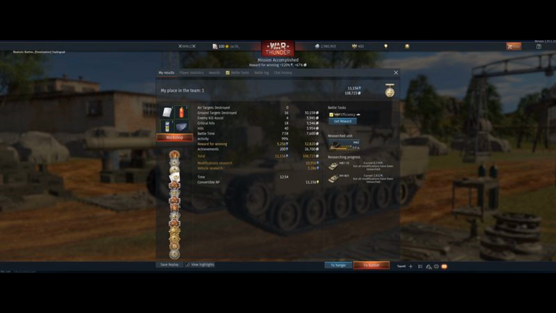So that is quite an impressive result. So that is the best result screenshot that I got, and it shows just under 110,000 Silver Lions and also just under 11,000 modification research points with 2 tech tree tanks with a premium account, but as far as I can tell, no boosters. And we also have here the Heavy Metal Hero Award and the Wingman Award. So